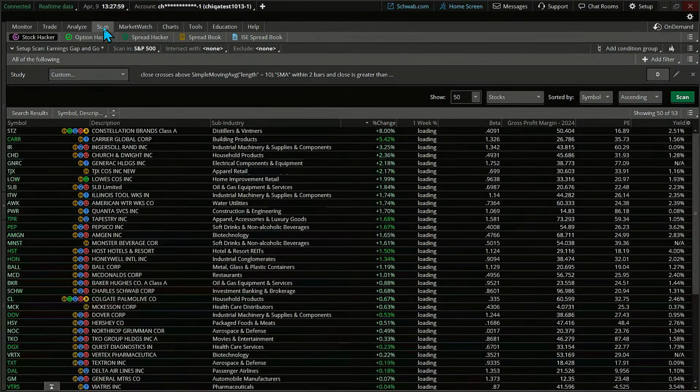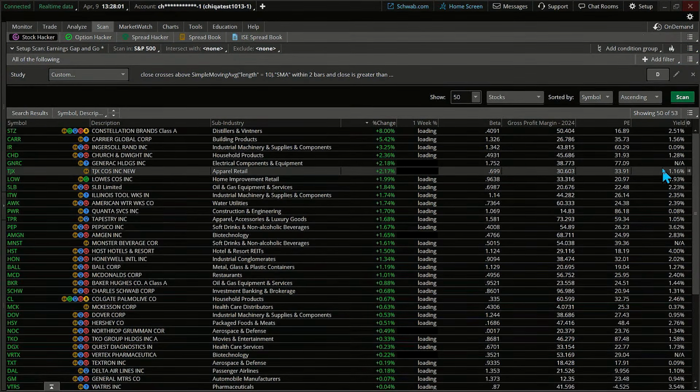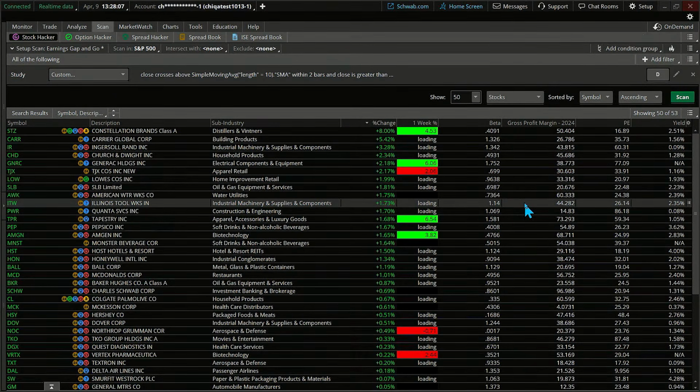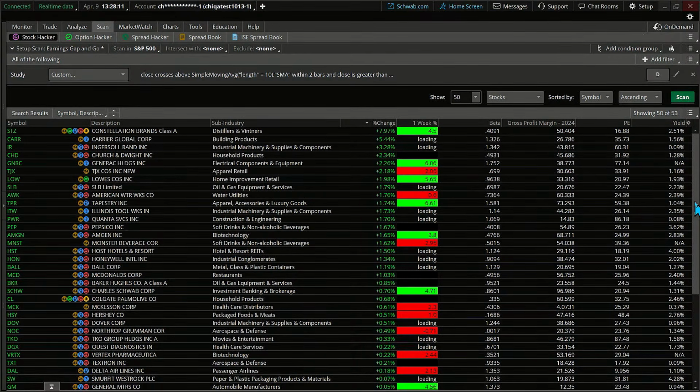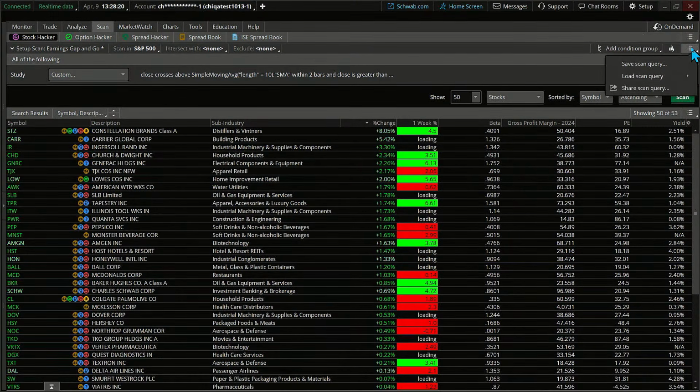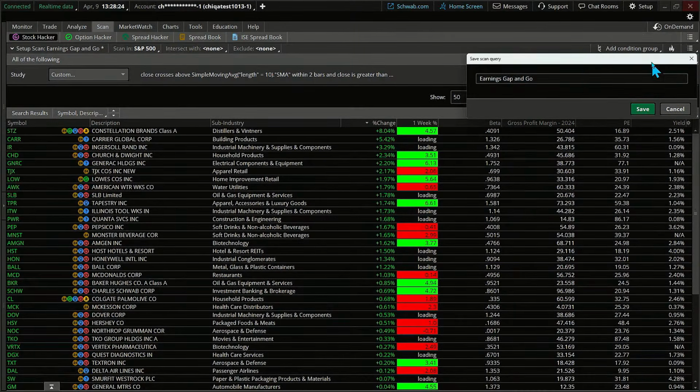If you go to the scan tab, you can come in here if you wanted to have something like this and you can name it whatever you want, like long-term trend up crossover or momentum trading, whatever you want to call it. Come up here into this group where it says Add Condition Wizard. It's that middle hamburger icon right there. And just say Save Scan Query.